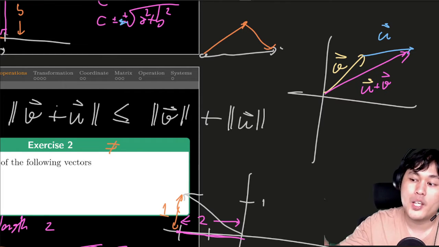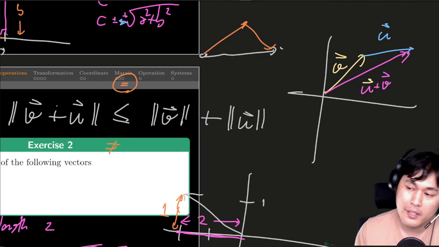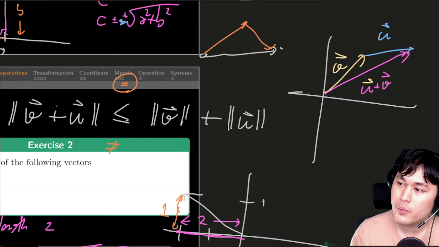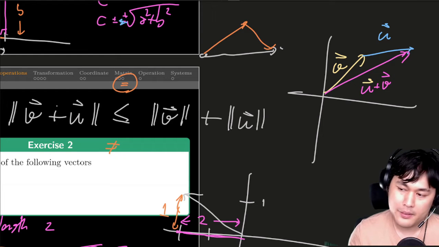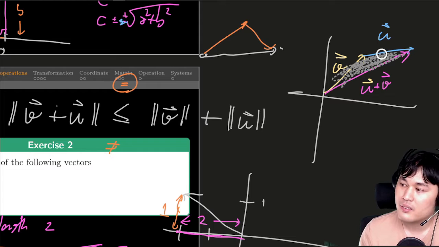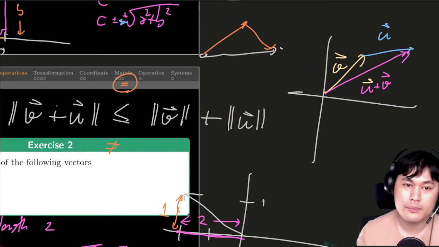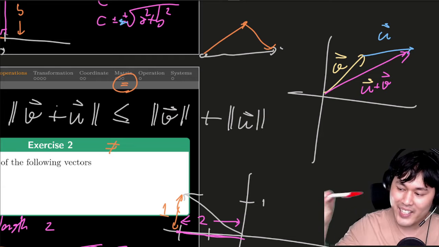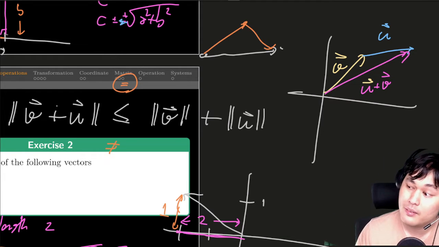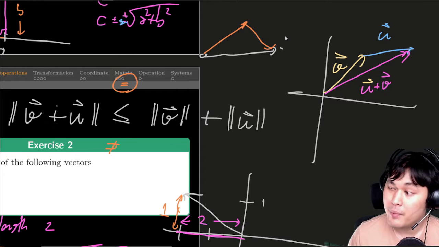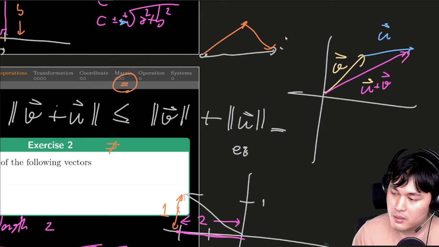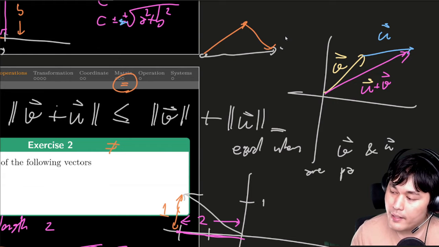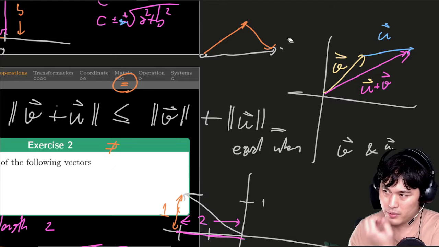And since they are less than or equal, can you see what happens when they are equal? What's the case? It's the case when u and v. Let's think about it. Can you make a triangle where the sum of two sides is the same as the third side? Let's say you have two pens of the same size, can you make the third side to be 2 times that? And yes, of course you can. What happens there is that they are equal when v and u